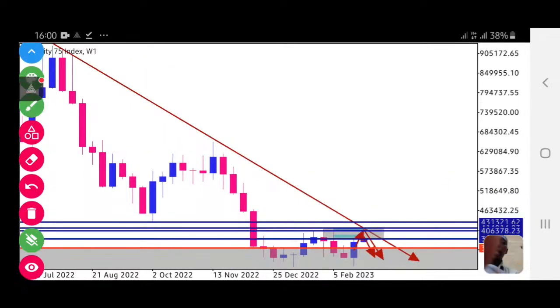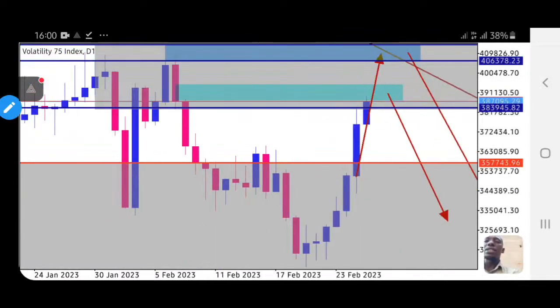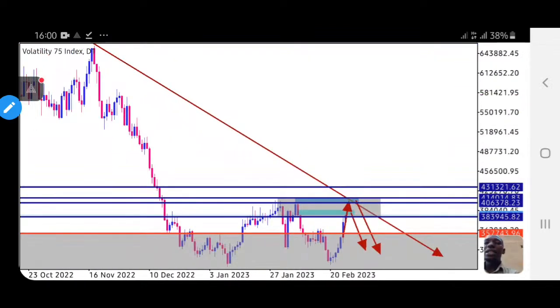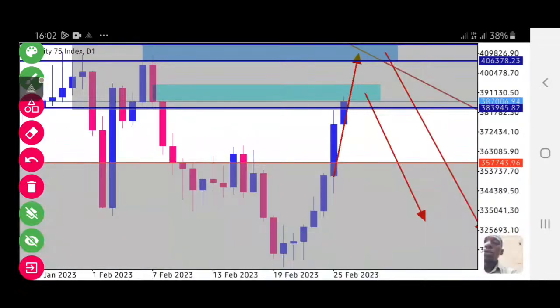Let us go to the daily, let us dive into the daily and see what the daily is telling us. Okay guys, as well we can see here on the daily, the market came here and reached our monthly zone for 2020, and then we started coming up. Like I told you last time, if the market closes, let me zoom out somewhere. If you are watching, we see the following day the market started pumping and it broke this zone, guys.